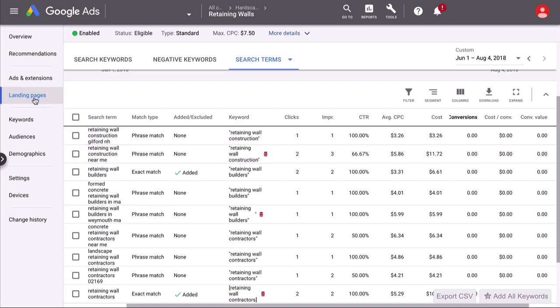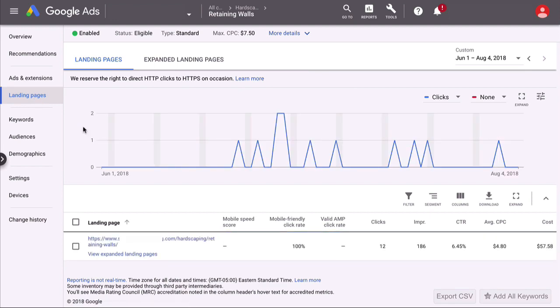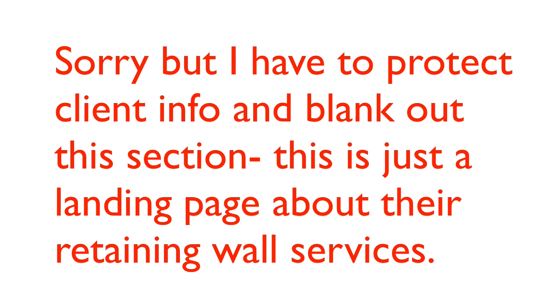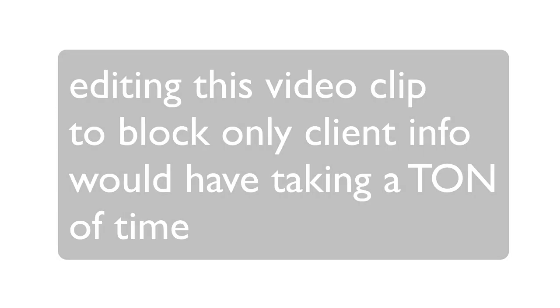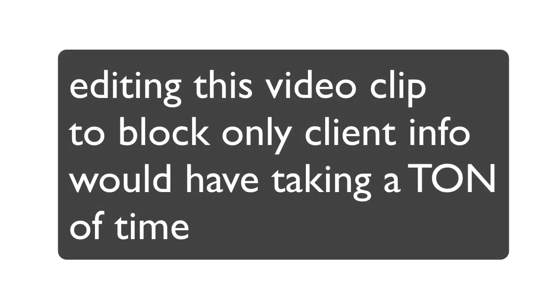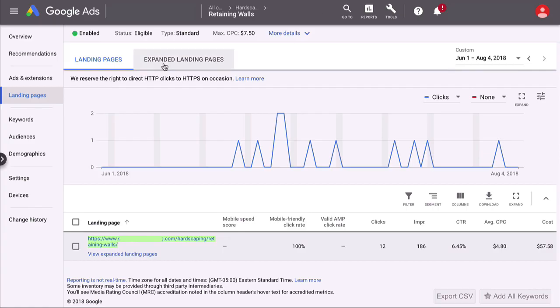if I jump to my landing pages here, yep, so retain, I do have a specific page for it. This is not going to landing pages, they're going to the client's website specifically. So this page is just not converting for retaining wall searches. It could be the page, or it could be the nature of people looking for retaining walls. We don't really know. So if you don't want to actually pause the campaign, what you can do instead is